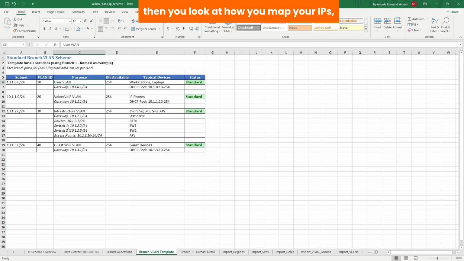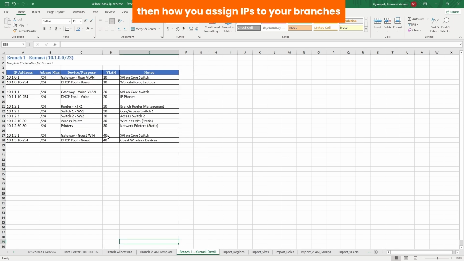Then we look at how you map your IP blocks or prefixes to your VLANs. Then how you assign IPs to your branches. I mean, it would be very difficult to keep this document up to date and consistent all the time. Even if for some reason you manage to keep this up to date, how do we generate meaningful insight from